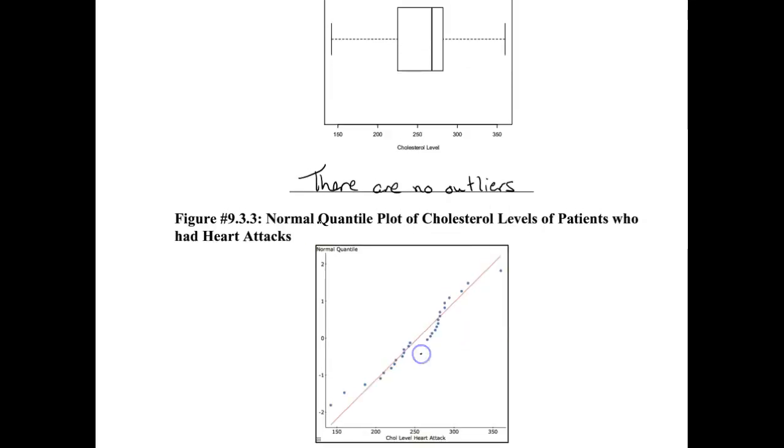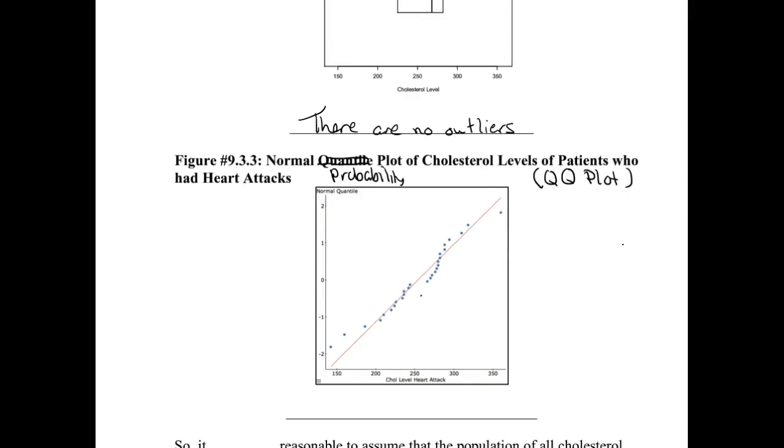And if we look at the normal probability plot, and again, StatCrunch calls that a QQ plot, the normal probability plot for those cholesterol levels looks somewhat linear. So again, it's roughly linear. The points in here are staying fairly close to this line. Again, we've got a few that look like they're getting further away.